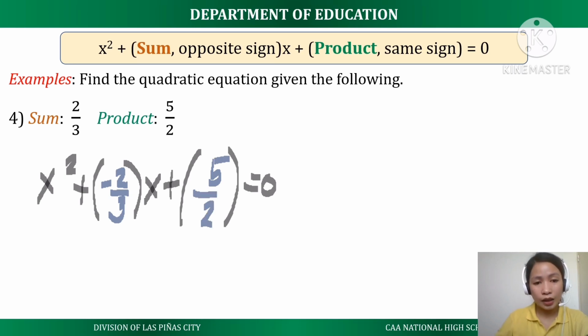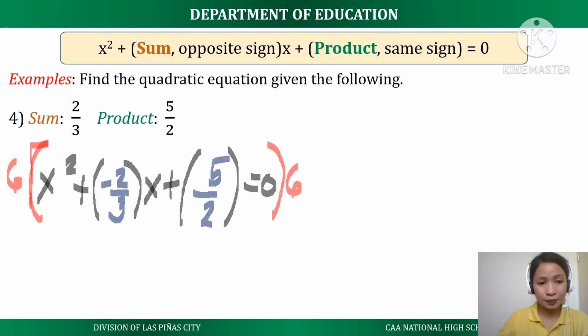Yan. Then, ang susunod natin gagawin ay kukunin natin yung LCM ng denominator natin. Ang denominator ay 3 at 2. So, ano ba ang LCM niyan? Ang LCM niyan ay 6. So, ibig sabihin, i-multiply natin yung buong equation by 6. Then, 6 times x squared ay 6x squared